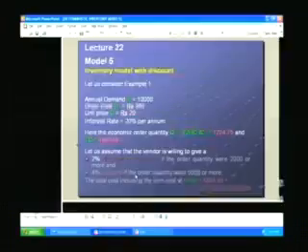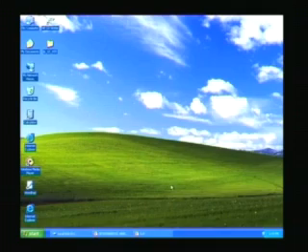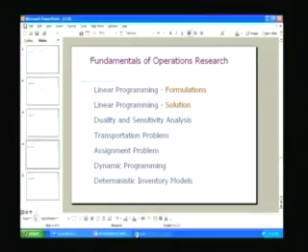Now at the end of this inventory, we come to the end of the first course on the fundamentals of operations research, and before we wind up, let us go back and try to give a summary of what we have seen in this lecture series on the course fundamentals of operations research. We have had 22 lectures as part of this first course or the introductory course on